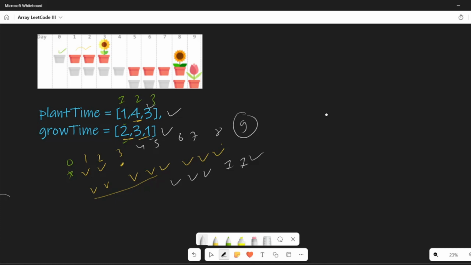Okay, try to sort this this way, and 4 is 3, 3 is 1, and 1 is 2. Let's see what will happen. Is it giving us the correct value or not? So on the 0th day you can plant this seed. If you start planting this seed, it will actually take 4 days: 1 2 3 4. So it will be like